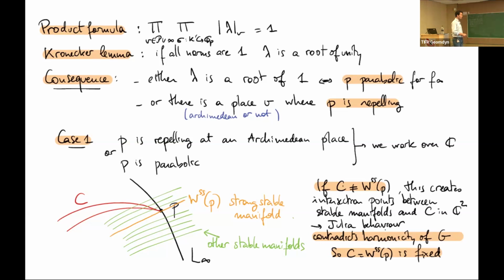You have the curve C, which goes through P. Maybe it's a singular point, so I drew it as a singular curve just to remind you that it could be singular. This point P is a repelling or a parabolic point for the dynamics at infinity. So in particular, it has a strong stable manifold, like this. This point is in the Julia set, it's a repelling or parabolic point, so it is accumulated by plenty of other repelling points. Each of them has a stable manifold. You can select these periodic points so that the stable manifold is of uniform size.